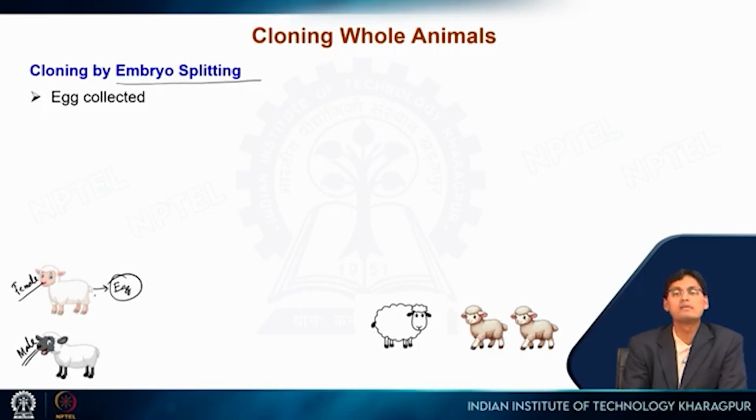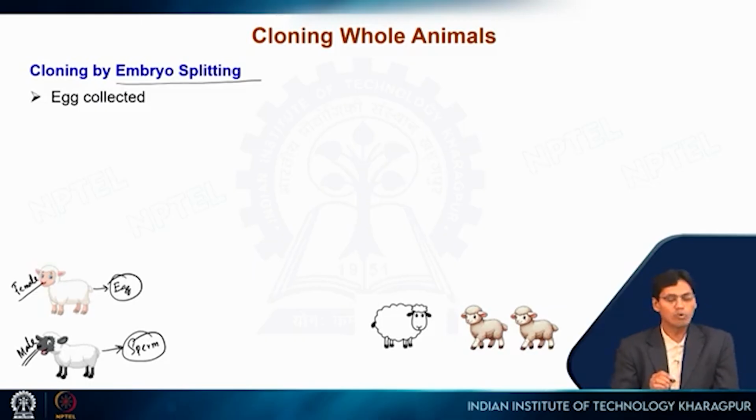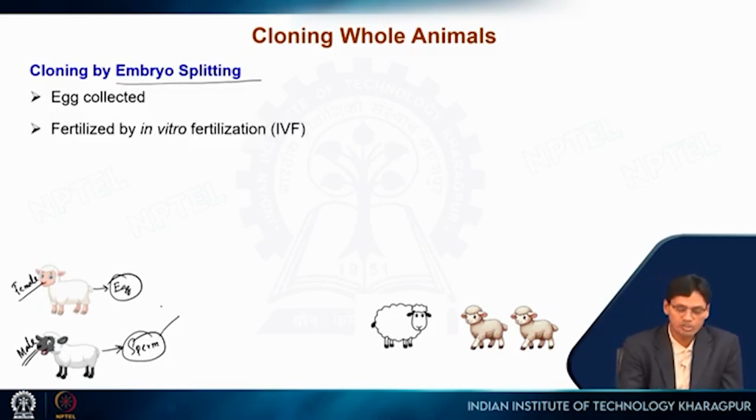This is the egg cell. And similarly, from this male sheep, sperm can be collected. And now what will happen if we conduct IVF, that is in vitro fertilization? As a result, you will get a zygote,